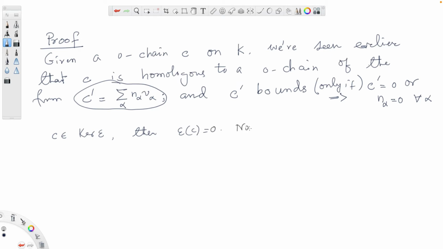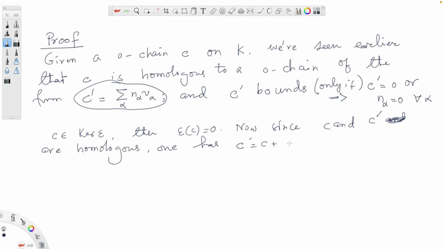Now, since C and C prime are homologous, one has C prime to be equal to C plus a boundary term, right? Delta 1 D for some one chain D on K. So that one obtains